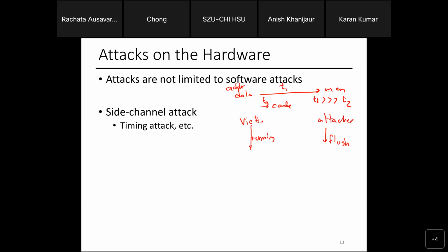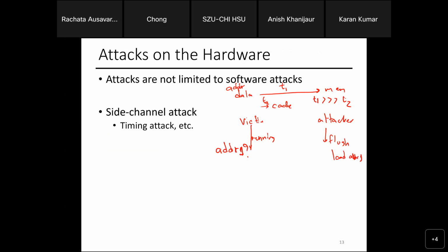All right. Now, let's say the attacker wants to figure out whether the victim accesses address 1 or not. I just want to see: does the victim access that address? What do I do? I flush and then I load address 1.